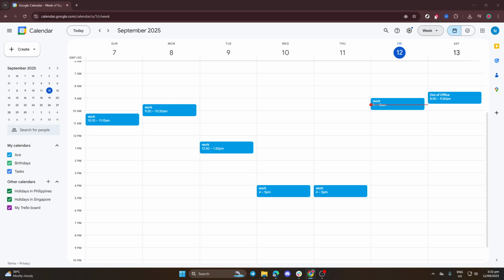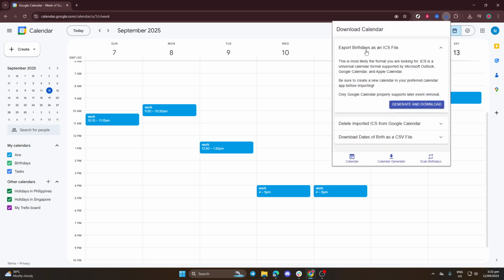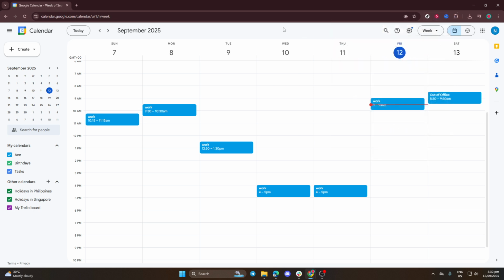Now, to achieve this, we will need to use a third-party tool or browser extension. There are several options available for this, like Facebook Calendar Sync or FB Feed. These tools are designed to generate a .ics file, which is essentially a digital file format used to store calendar information. Once you've selected your preferred tool, be sure to follow its specific instructions to smoothly download the .ics file containing your Facebook birthdays. Once you've downloaded the .ics file to your computer, the next step is to import it